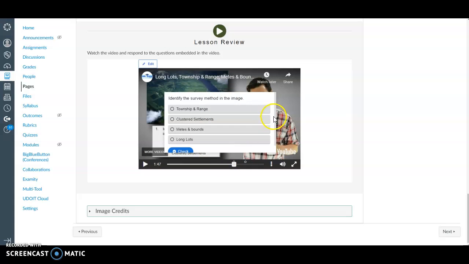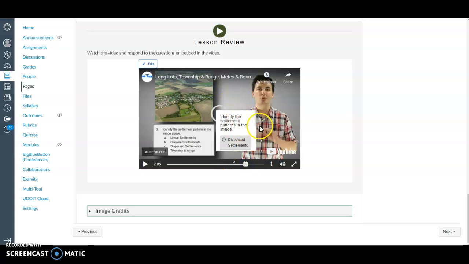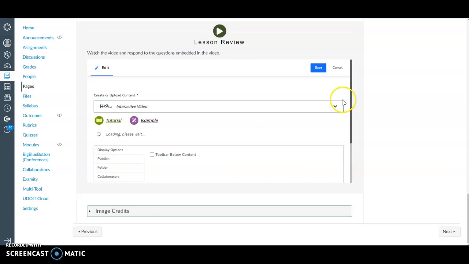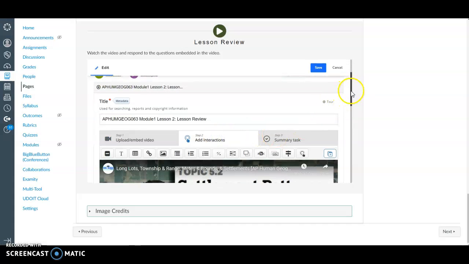This one, there's a scroll button. We need this to be bigger. For this one, the same thing. It's not even functional for a student. This is not functional, so we need to edit those and make them bigger. Also, when you're editing, when we have the timestamps on those interactions, we need to make sure that the timing